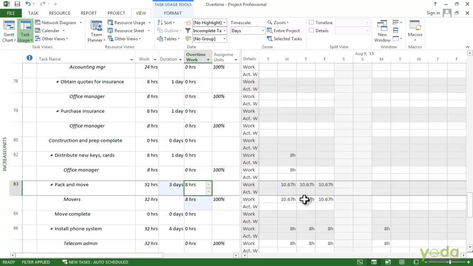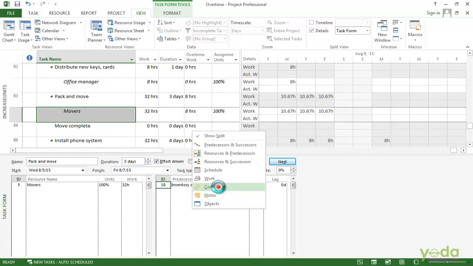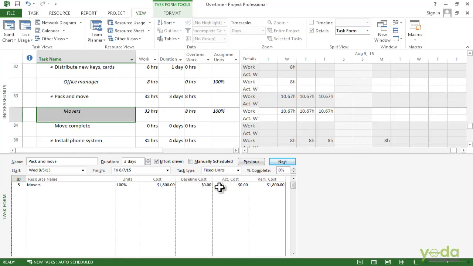In addition, let's look at the task form. I'll turn on the details checkbox and the task form appears in the bottom half of the window. I want to look at the cost. So when I select the movers, right click here and see Costs. Assignment, you can see that the cost is $1,800.